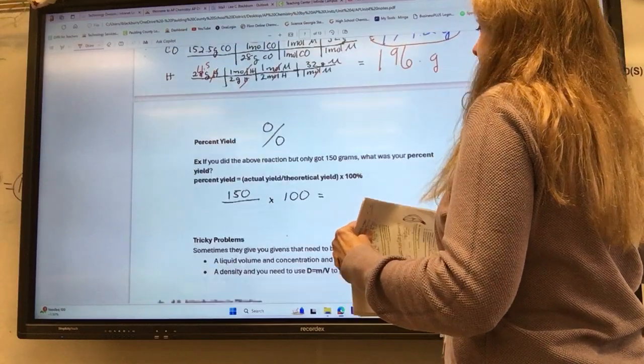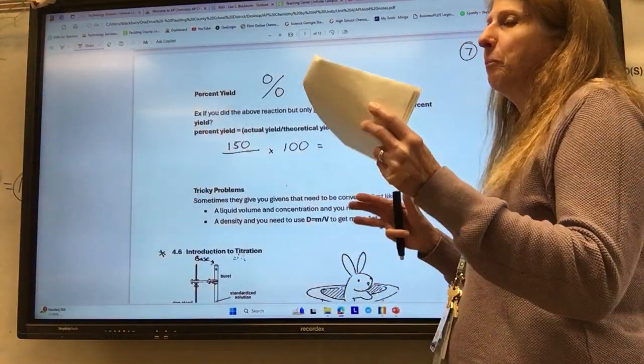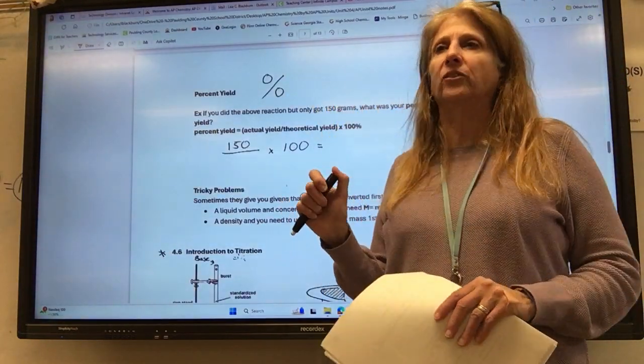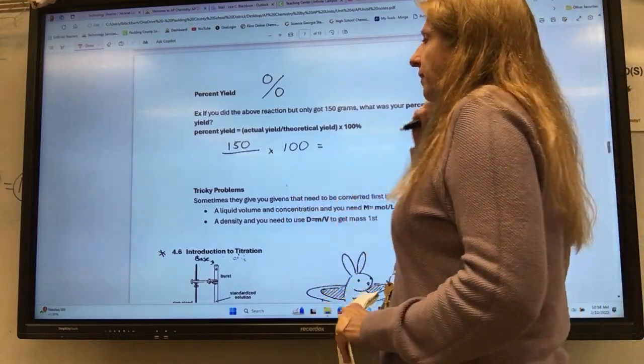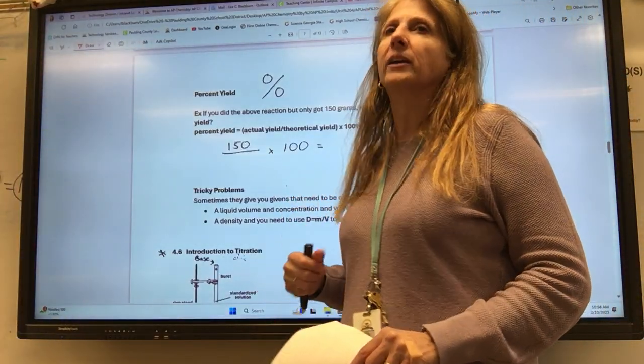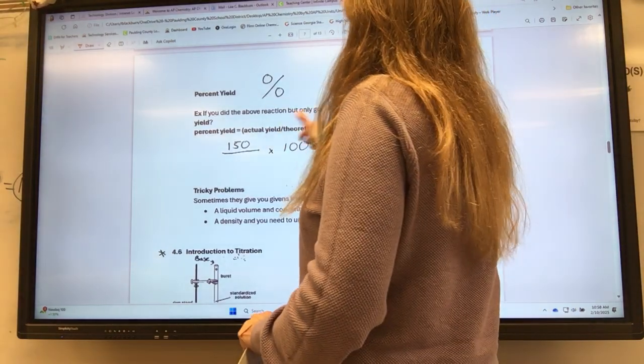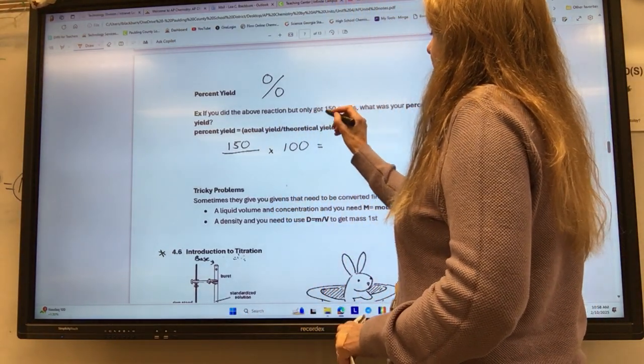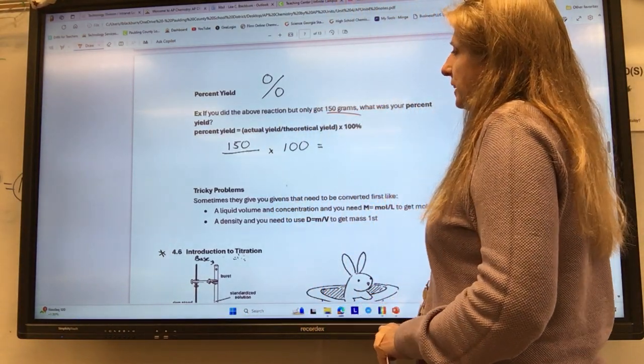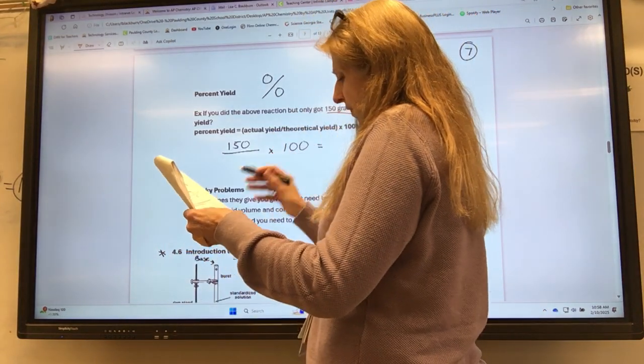So this makes a very good multi-part free response for the AP test. Do you see that? Then you can just go one to the next. First you have to balance the equation. Then, I'll tell you something else they'll probably do. Okay, so what if you only got 150 grams? What's your percent yield? Actual over theoretical